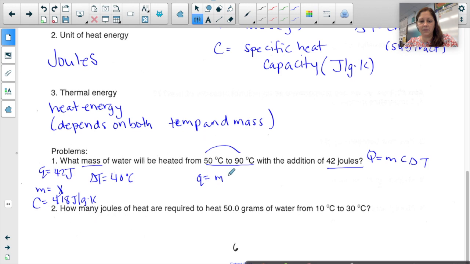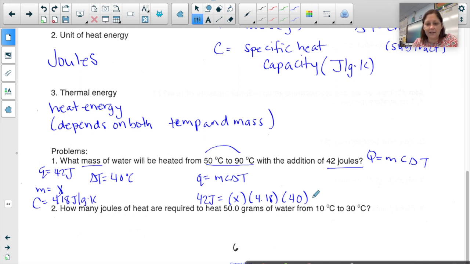Q equals mc delta T: 42 joules equals x times 4.18 times 40. On your own calculator do this work. For Regents Chem, you should be using a scientific or a 4-function calculator. The Regents exam will not allow you to use a graphing calculator, so don't get used to using it in this class. So I'm going to do 4.18 times 40,